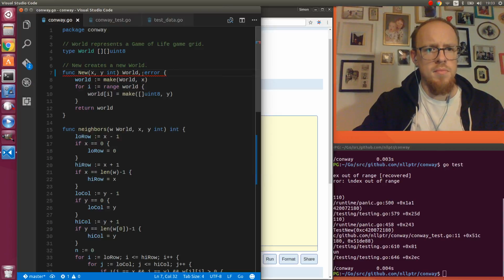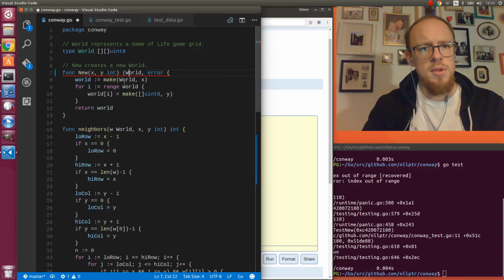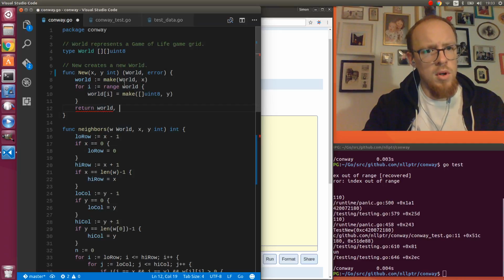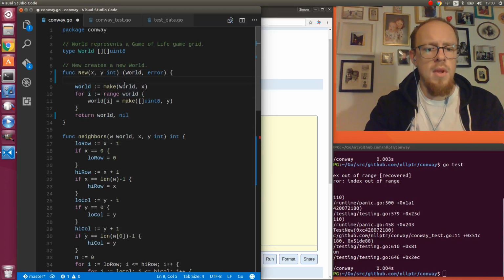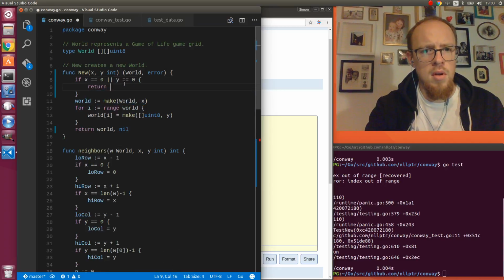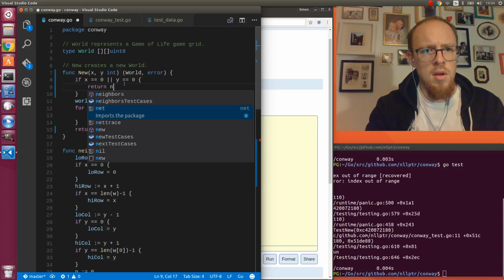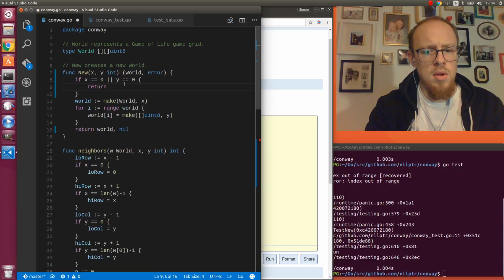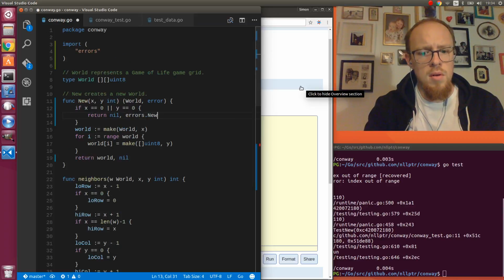Like that. Unexpected comma. Multiple return types need surrounding parentheses, I believe. Down here everything worked fine, so we return the world and nil for the error. If x equals 0 or y equals 0, then return nil, and errors.New with text